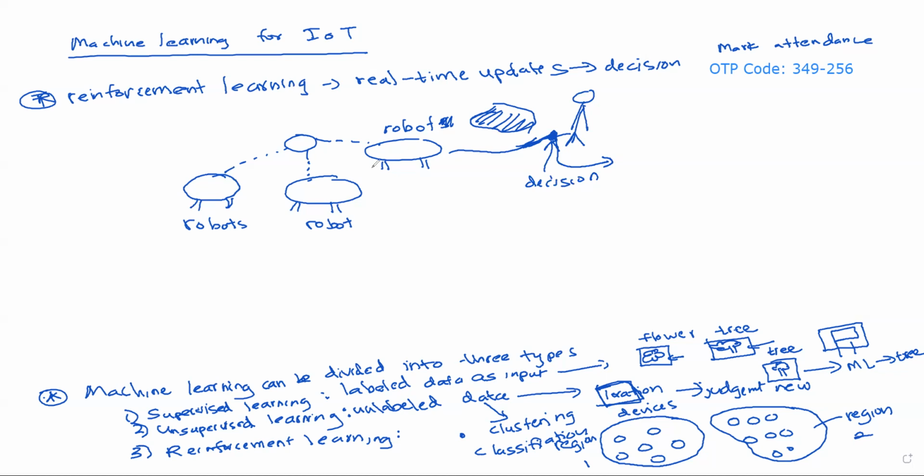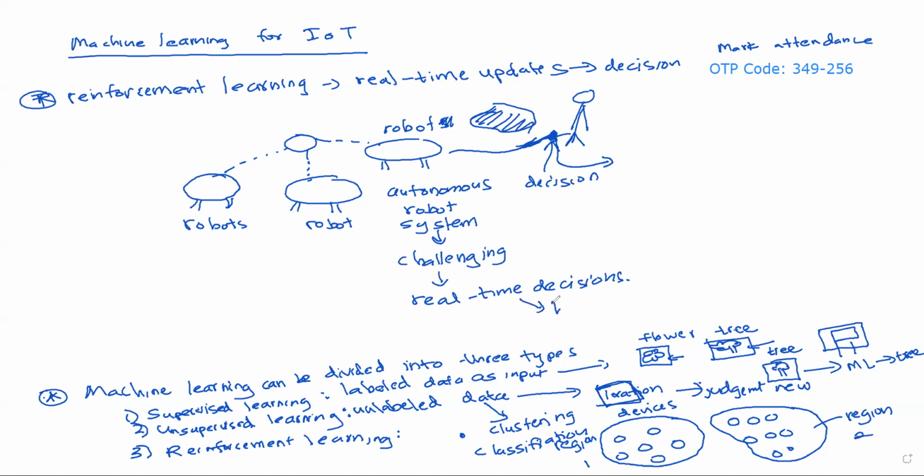So in autonomous robot systems, where we have challenging environments with changing obstacles, reinforcement learning will be helpful to make decisions in real time. So we can make real-time decisions using reinforcement learning. Based on the changes in the data, changes in the environment, the robots will